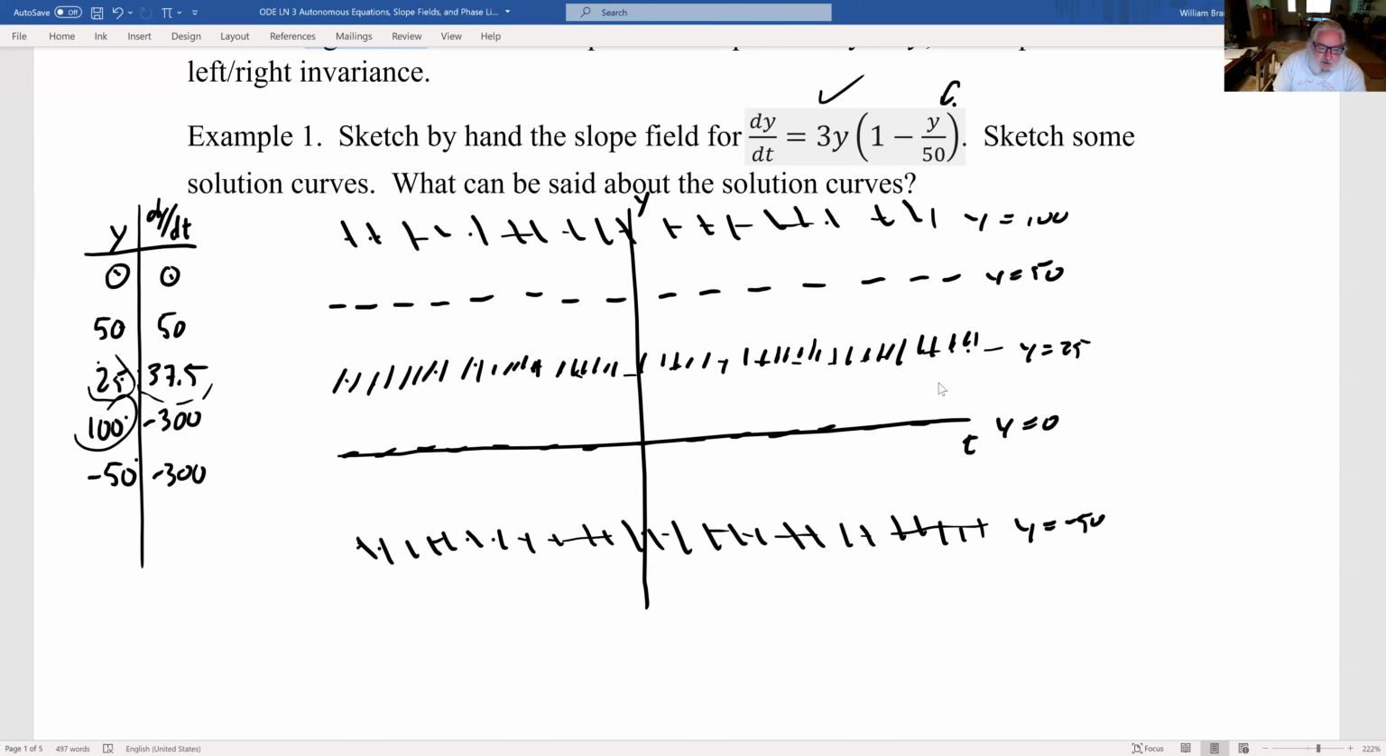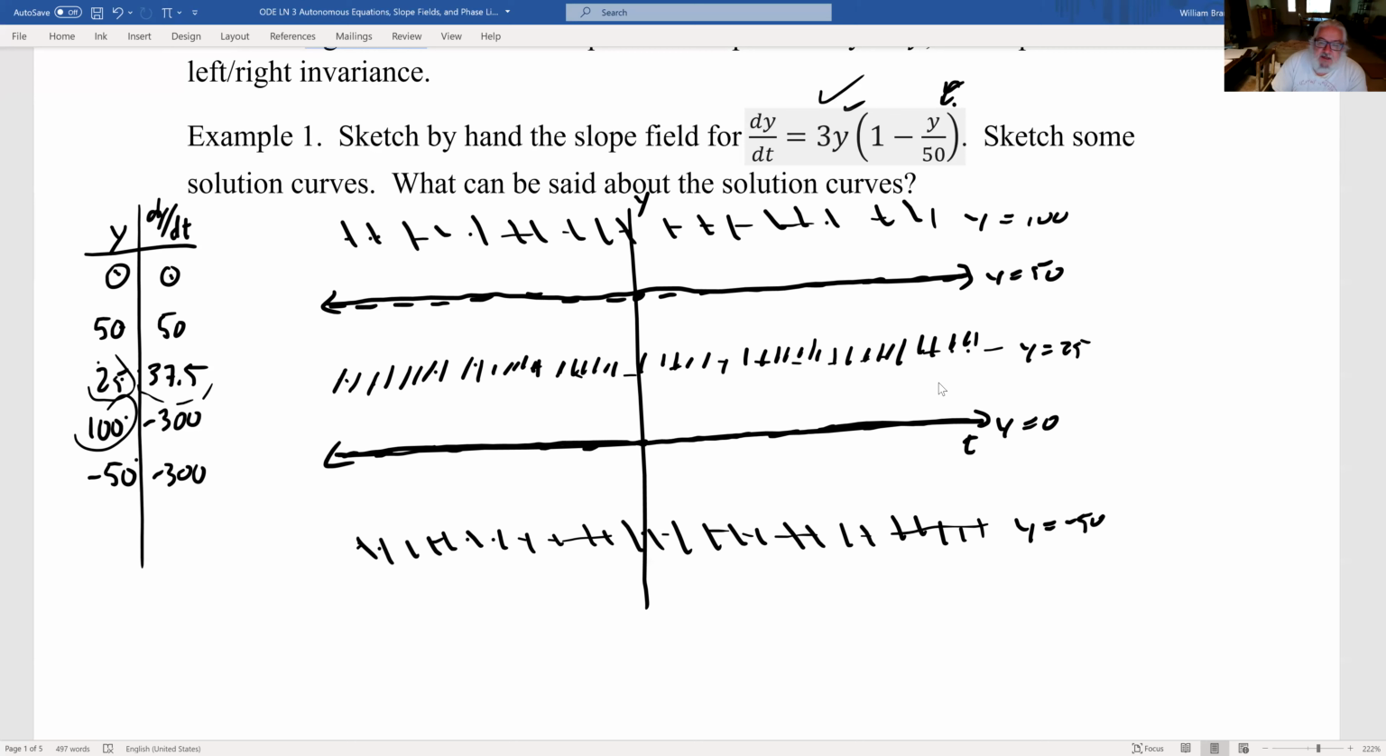So if we start at (0, 0), what's the solution curve that runs through there? Well, that's just the t-axis. There's a line that runs through (0, 0) that's tangent to all the solution curves. Likewise, y equals 50, the line that's tangent to all those is just that horizontal line. Now, there are only 2 zeros, y equals 0 and y equals 50, so